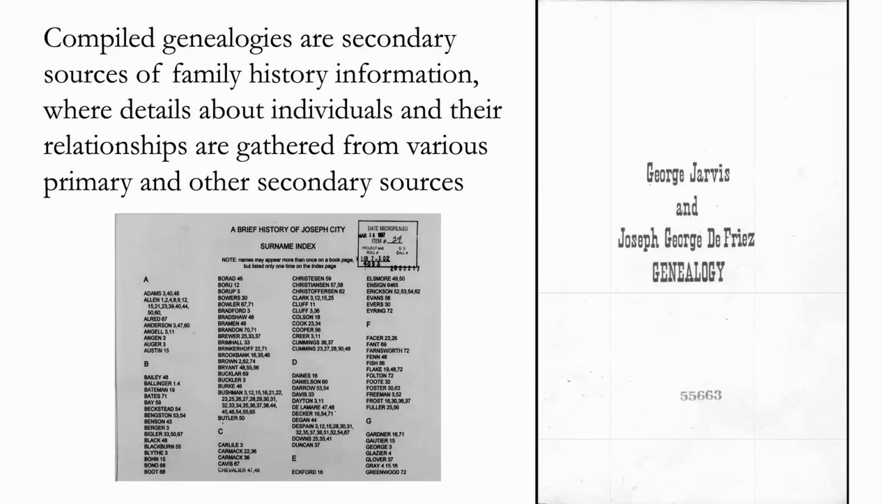Census records, for example, are often considered to be primary records that were created at or near the time that the people supplied the information. But in reality, it depended on who was the informant, who was the person who provided the information to the census taker or enumerator. The reason why I put this other brief history of Joseph City screenshot here is because